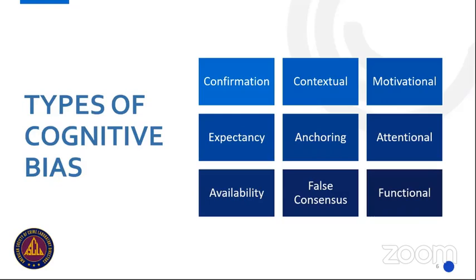And then we have functional bias, and this is the tendency to see objects as only working in a particular way. So we believe and put too much confidence in the steps of our methodology without understanding how those steps interact and interplay with each other to understand whether or not they're performing as expected.